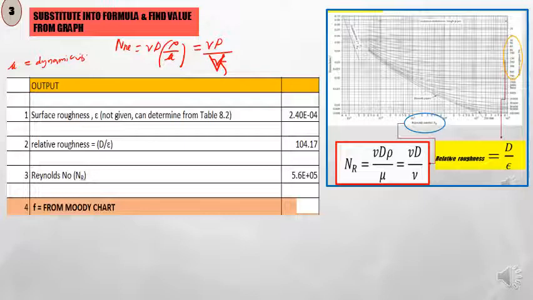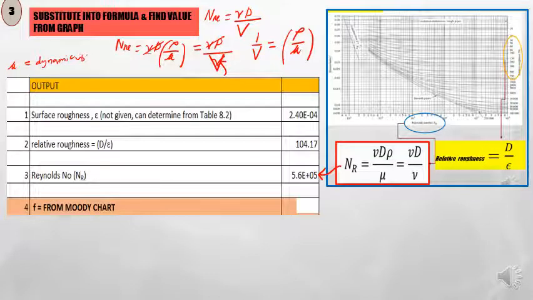So basically, 1 over kinematic viscosity is actually equal to rho divided by dynamic viscosity. Okay, so therefore in this case you can just calculate the Reynolds number by multiplying V times D divided by kinematic viscosity. Okay, so here is your Reynolds number,